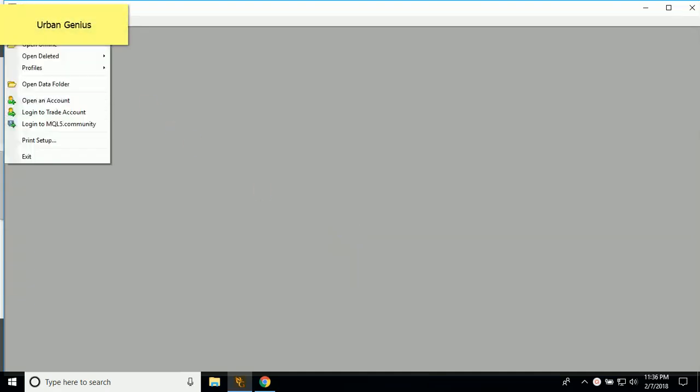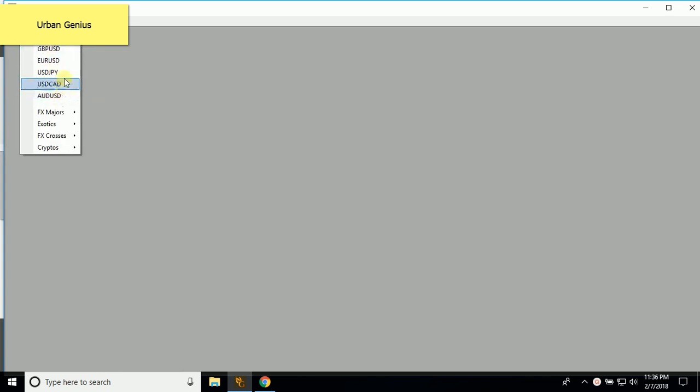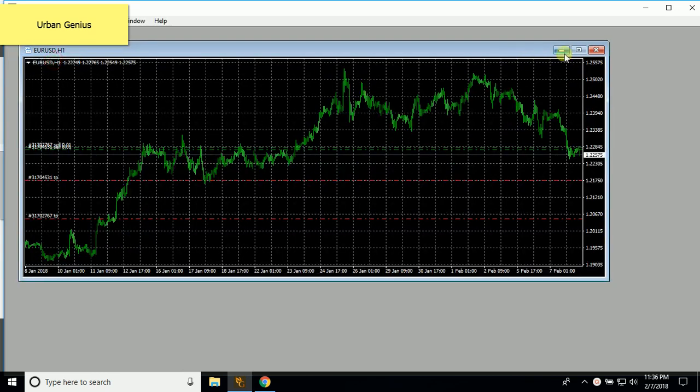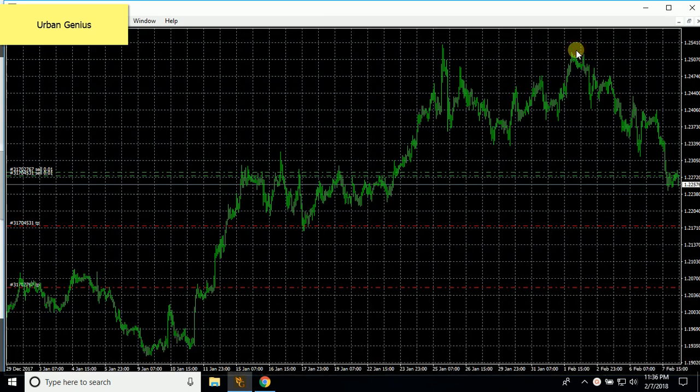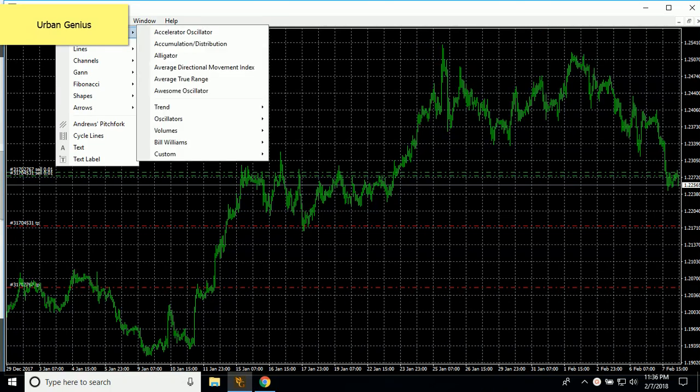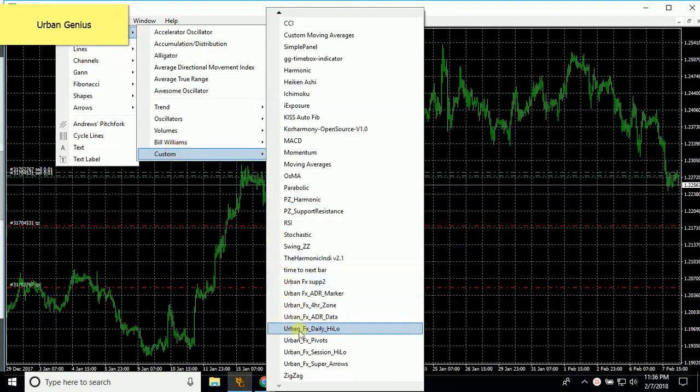What I'm going to do today is simply break down my indicators. I'm going to break them down one by one and give a brief example or a brief description of each one. So first we'll start off with adding in our